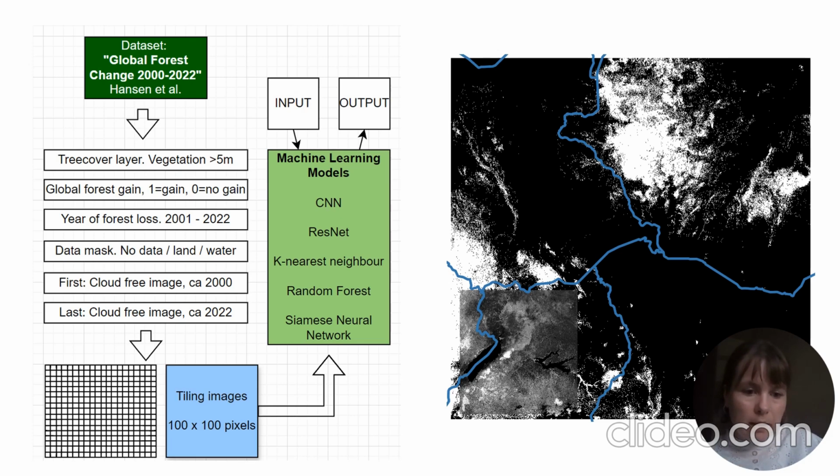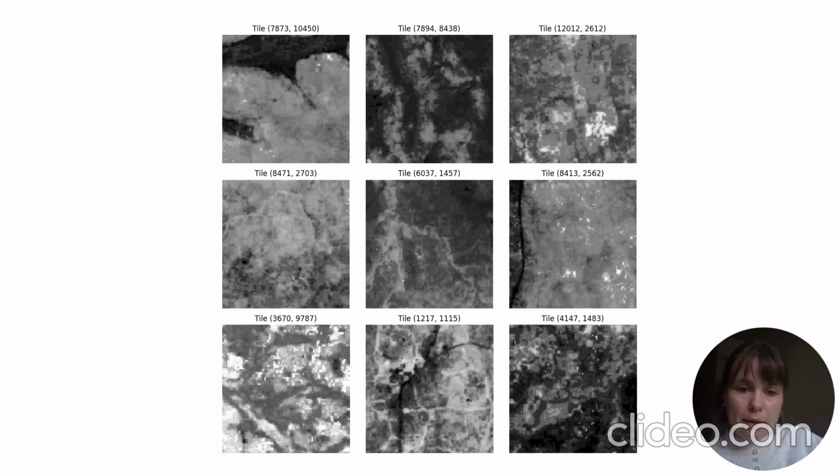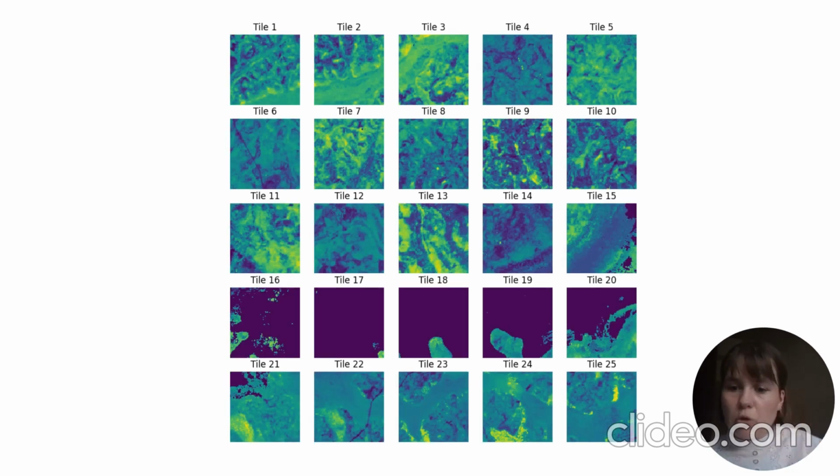Yes. And then this is an illustration of the different 6 layers. The first one is the forest cover layer, then the first layer, forest loss layer, data mask layer, last layer, and then forest gain layer. And then this is from the tree cover layer, just 9 randomly displayed tiles. These are then approximately 3 times 3 kilometers. And then this one is also just with color, because we tried coloring the tiles for some of the models